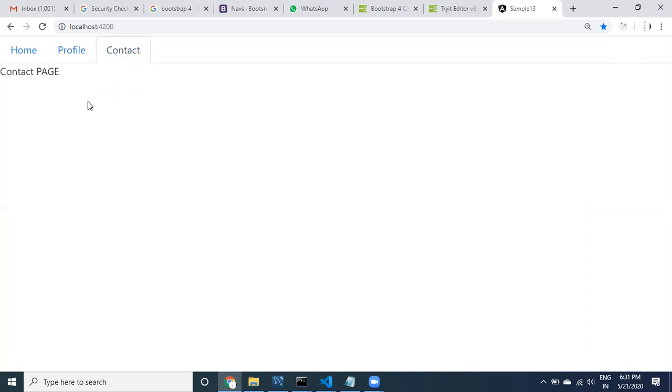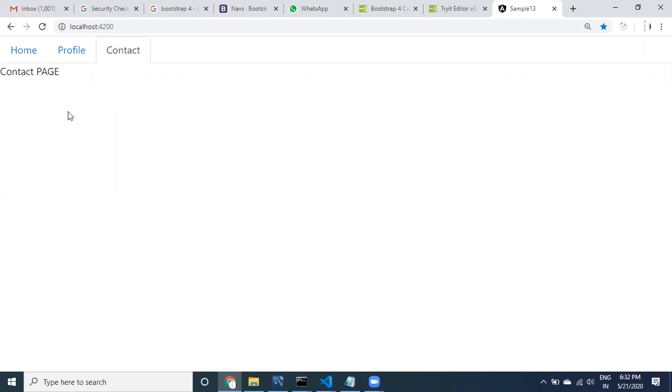So these three components are not loaded into the page initially. Only the component you click on is loaded. The remaining components will not be available in the page, so it does not waste the browser's memory space if you use navigation.